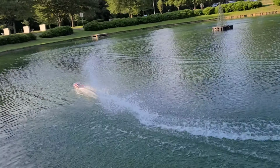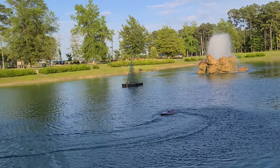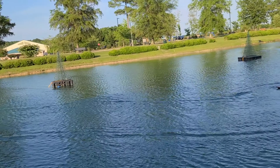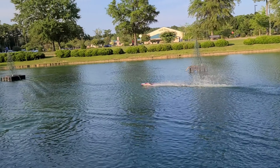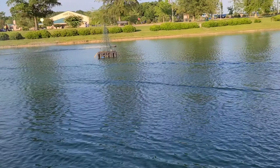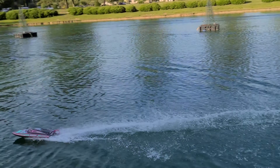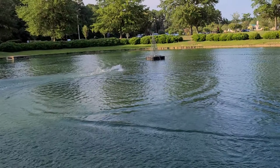I love running my boats in this pond though. Don't get me wrong now, I actually love running my boats in this pond. You got the trees, you can go around and do laps. It's actually a really fun place to run boats. I actually enjoy running my boats here. If it was just a little bit bigger,